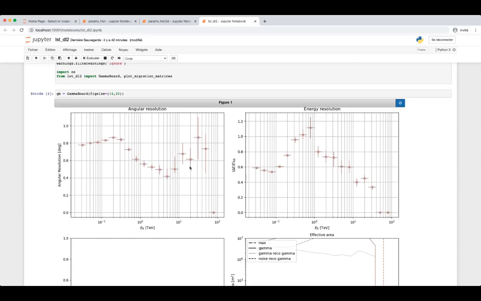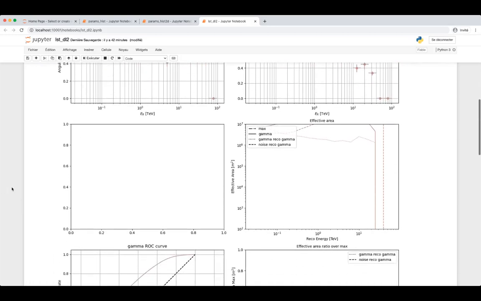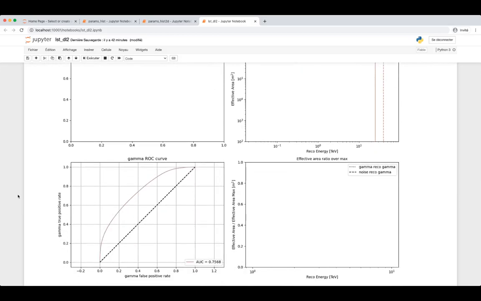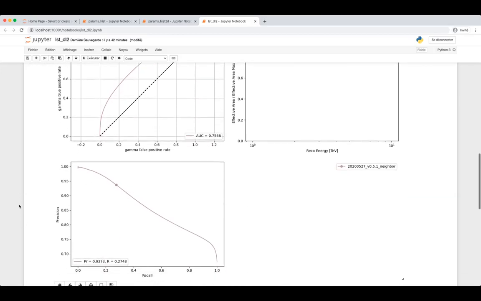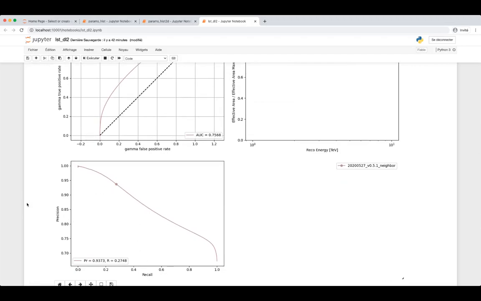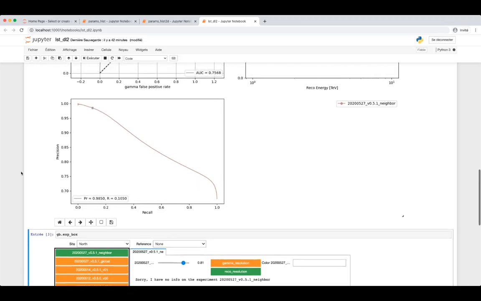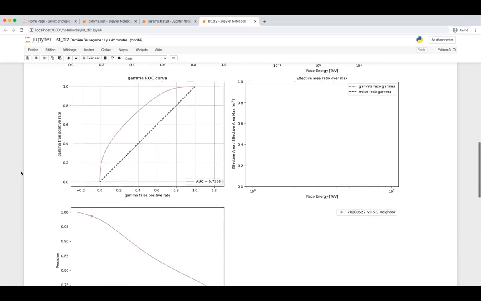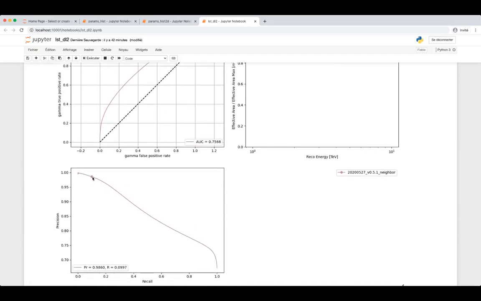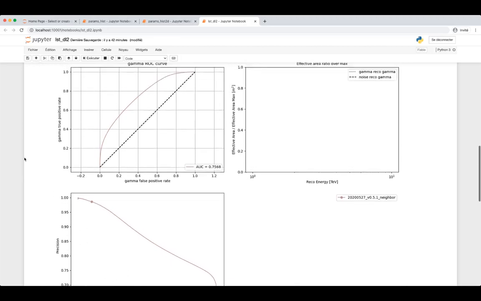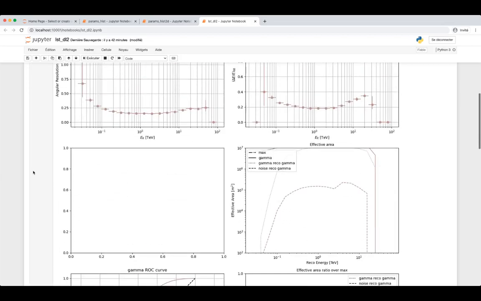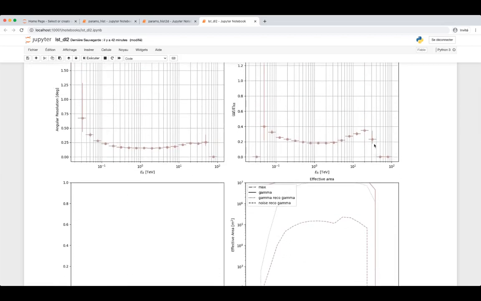So I will have here the angular resolution, energy resolution, effective area, the ROC curve with the AUC, the precision as a function of recall. It's also to check the classification power of our reconstruction. What I can do also here is to play a bit with the gammaness cut. So I want to increase this gammaness cut, for example, to 0.8 to see the evolution of the different metrics. You might have seen that the precision increased and recall decreased, and the angular resolution and energy resolution look